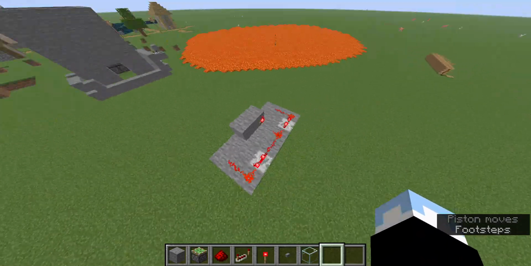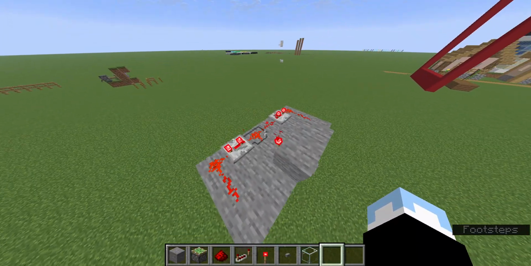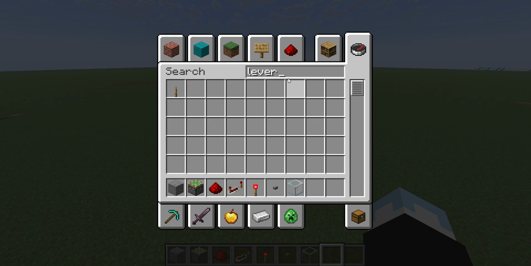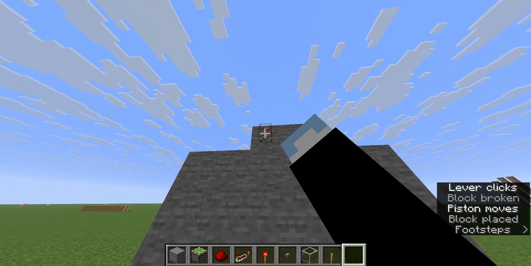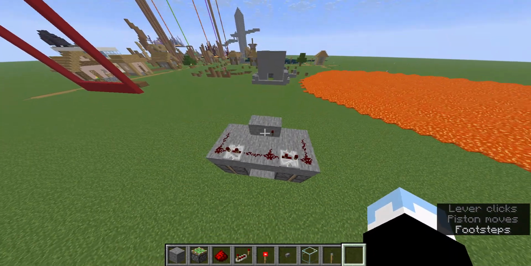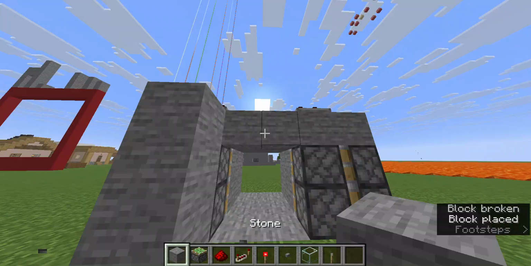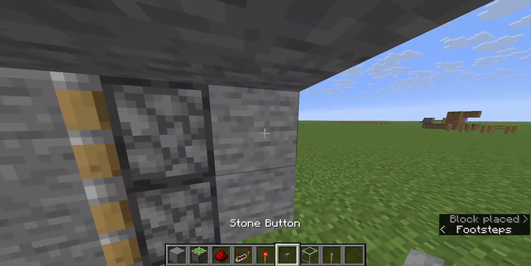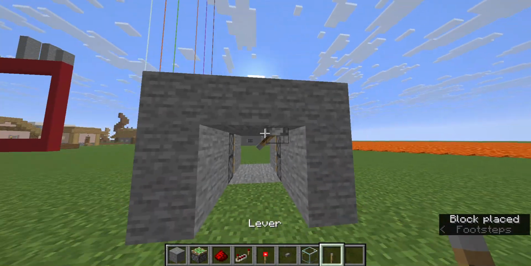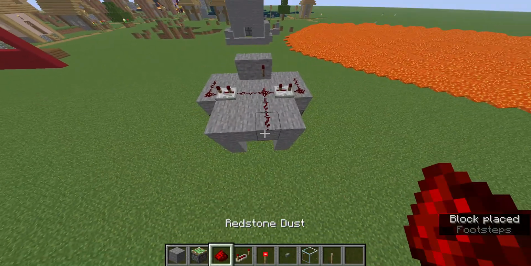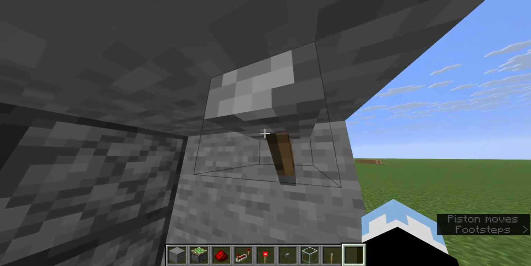Now if you want an inward facing button, it gets a bit more complicated. But first, if you want to do a lever, it's extremely simple. The lever's right here. Once you flick this on, you can have a lever. If I just extend this real quick, you can have a lever probably over here so it doesn't mess with any other redstone. Right here, and just connect this. And then when you go back outside,